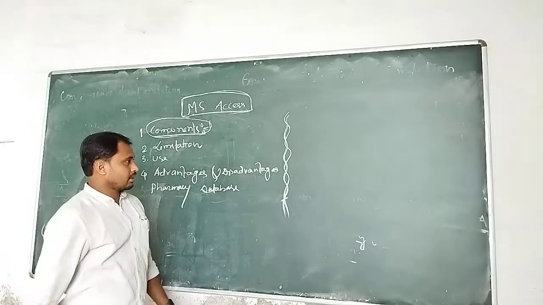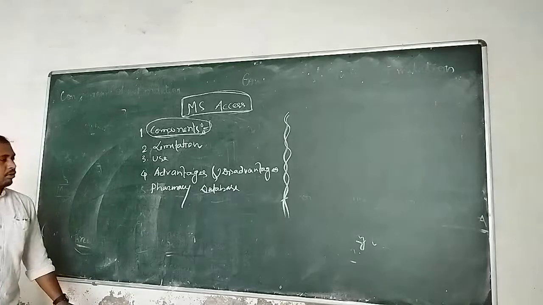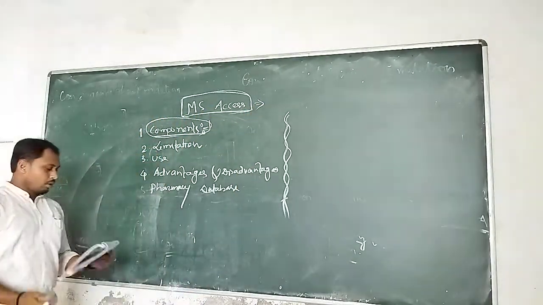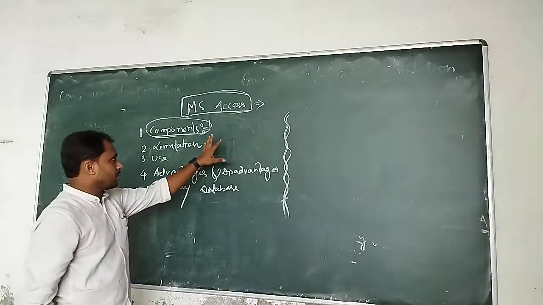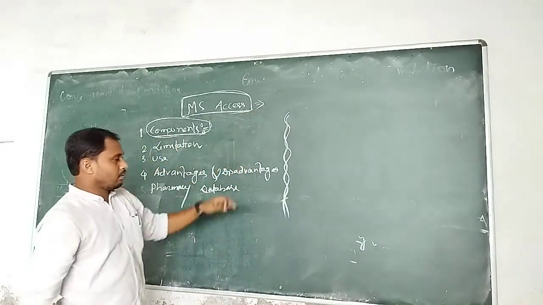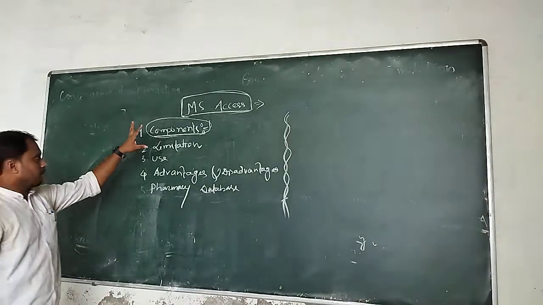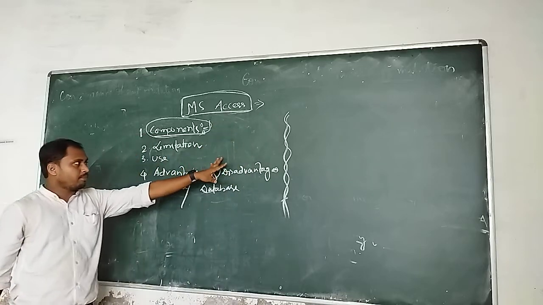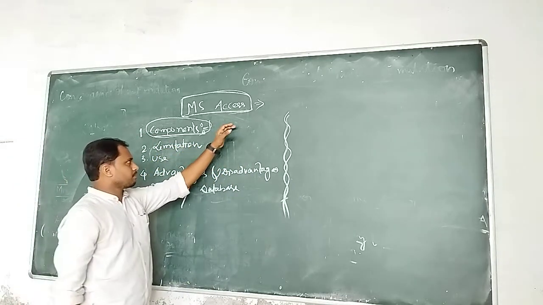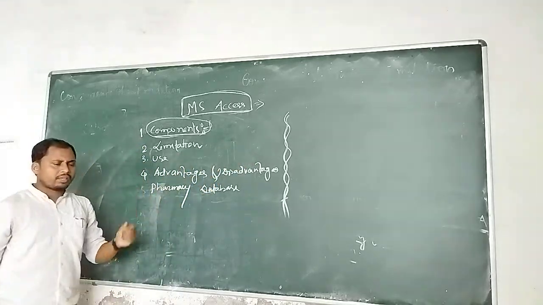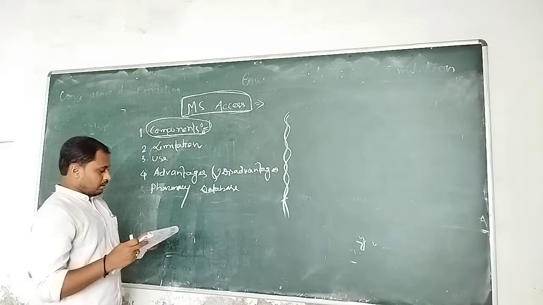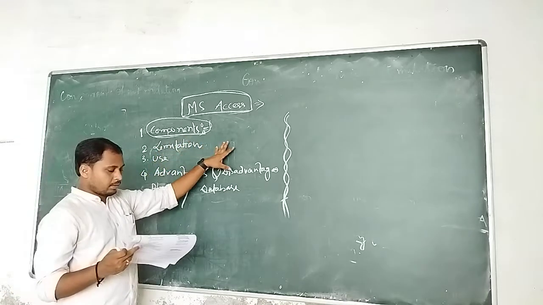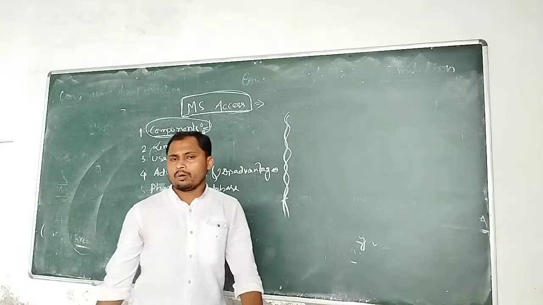Suppose you are doing some work in MS Access, and the ultimate question is what the exact result of this will be. By using the result-finding option, we can get the proper result, the exact result or answer you are trying to get. Next, modules are also present here. It is a type of programming language.